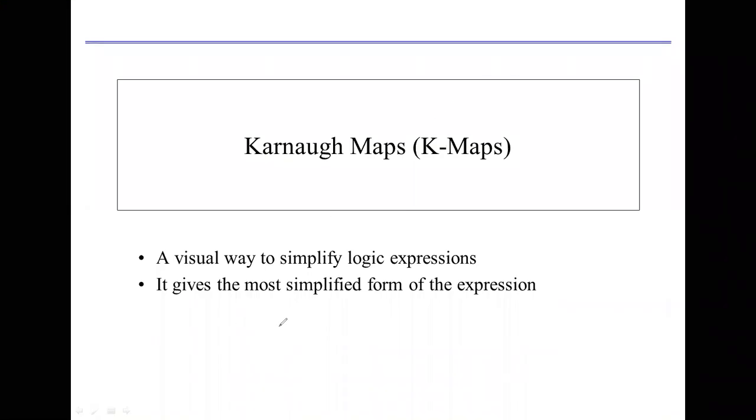In this video, I'm going to elaborate the basics of K-maps. Basically, a K-map is a visual way to simplify logical expressions, and it gives a more simplified form of expressions. In usual Boolean expressions, we don't get the reduced form, and even if we are getting the reduced form, we cannot say whether this equation contains the minimum variables or not. So let us go ahead.